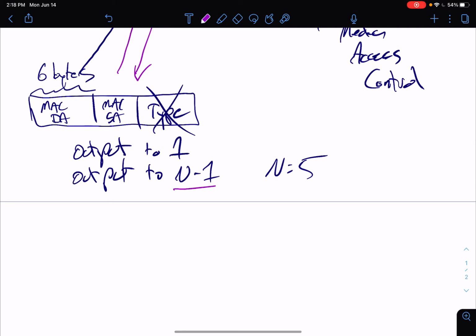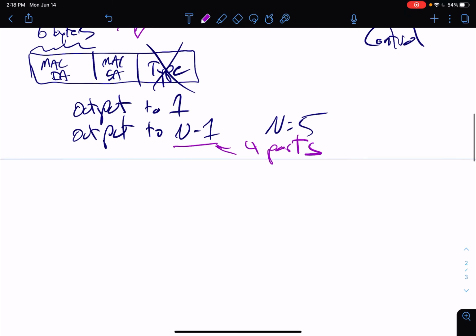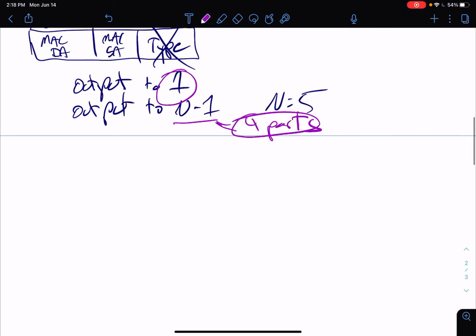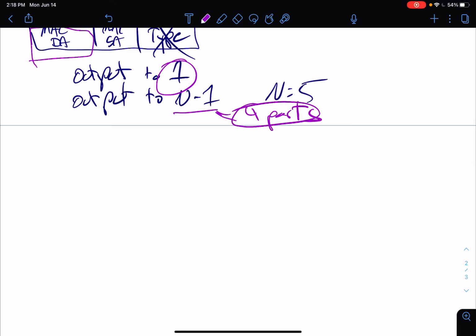So we're only going to send it out at most to 4 other ports. So when we look at this MAC destination address, we compare that address